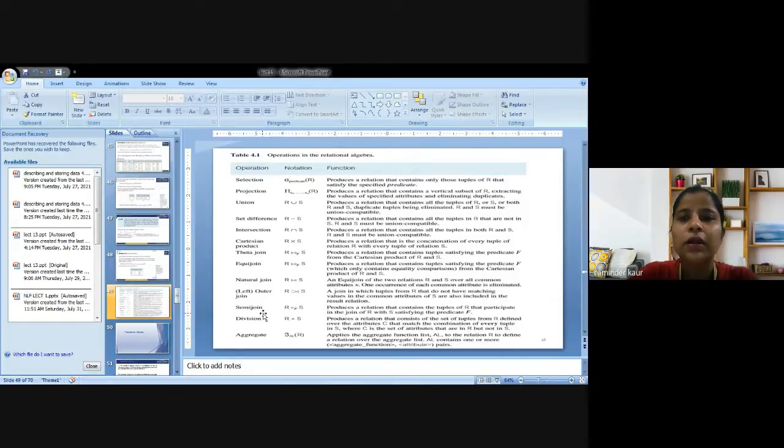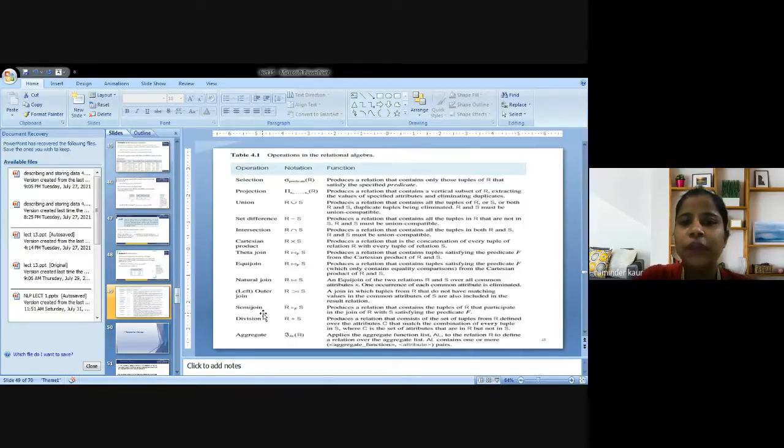Next, we are supposed to deal with the relation that contains the tuples of R and S or both, R union S, with duplicate tuples being eliminated, and R and S must be union compatible. R minus S contains the result of R. Next is intersection. Intersection means that common attributes will be produced. Then the Cartesian product, where we multiply two tables, and in that manner the number of records will be more.